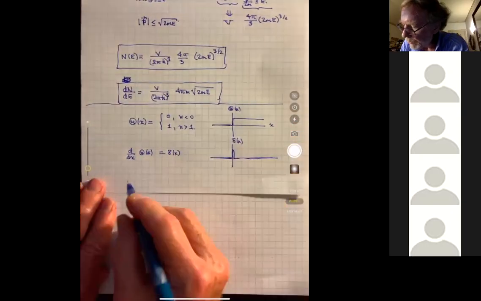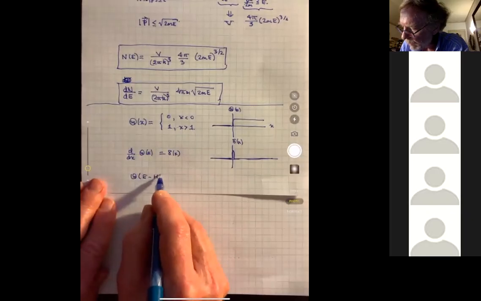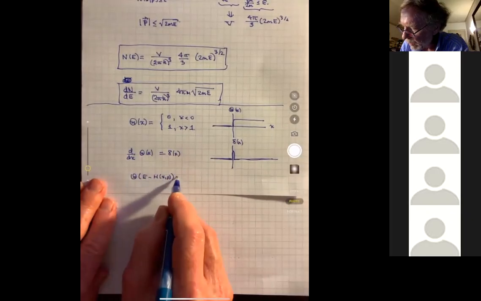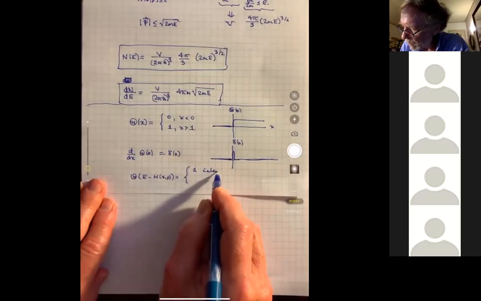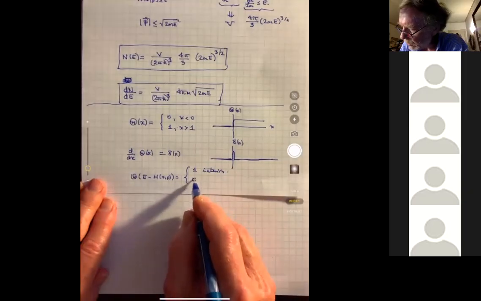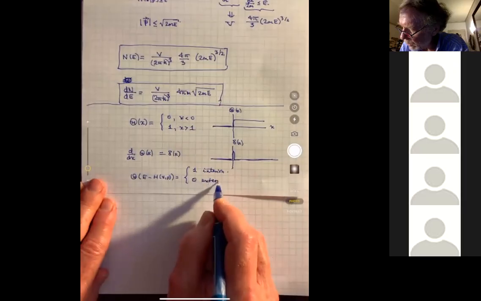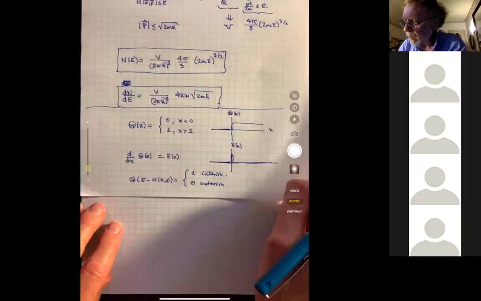Now, this has the property that if I consider theta of E minus h of x comma p, this is equal to 1 in the interior, where the energy is greater than the Hamiltonian, and it's equal to 0 in the exterior, where the energy E is less than the Hamiltonian. And so,